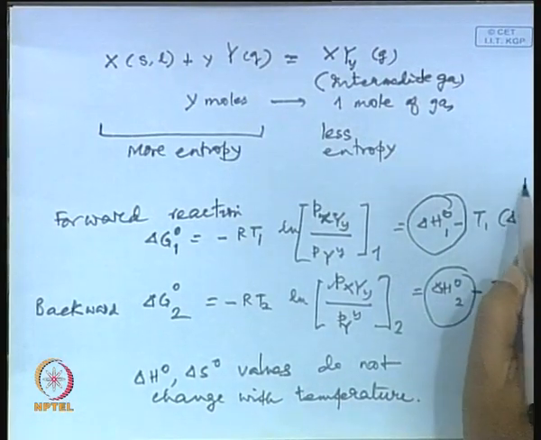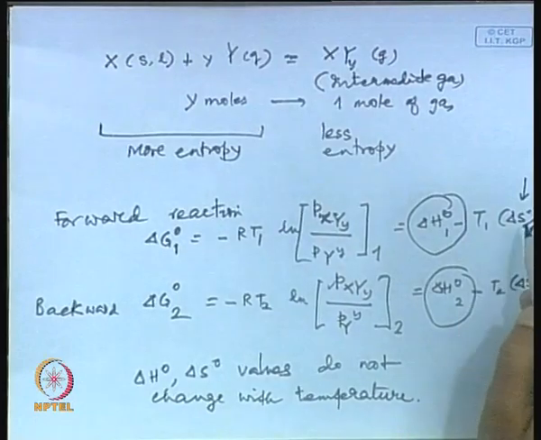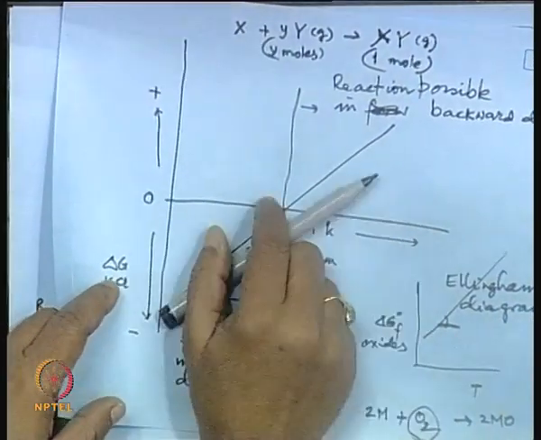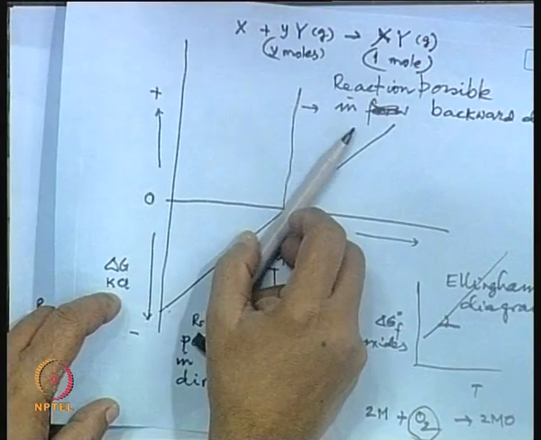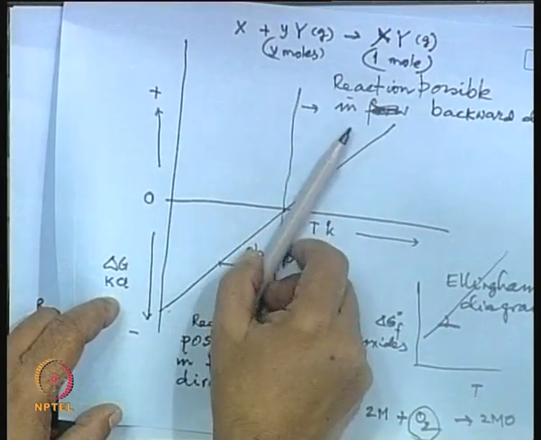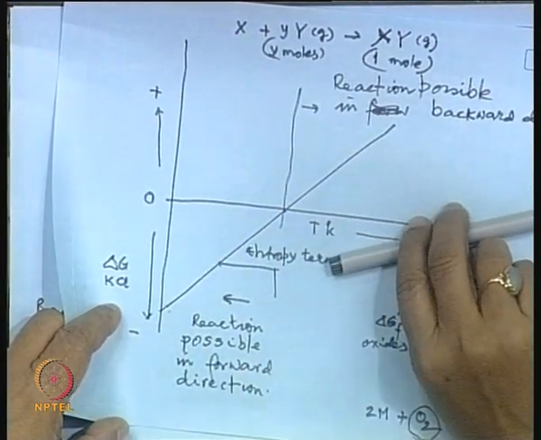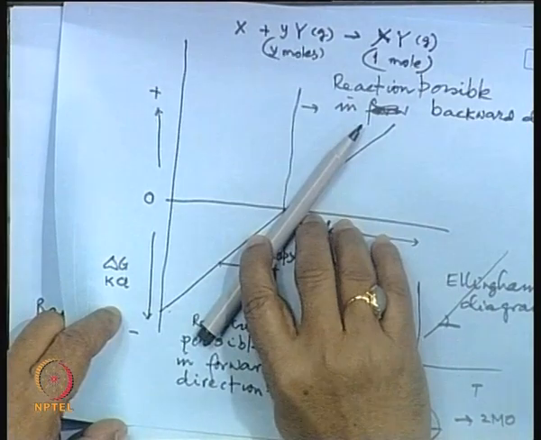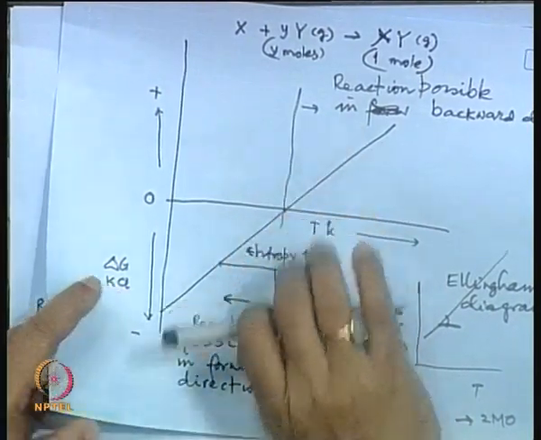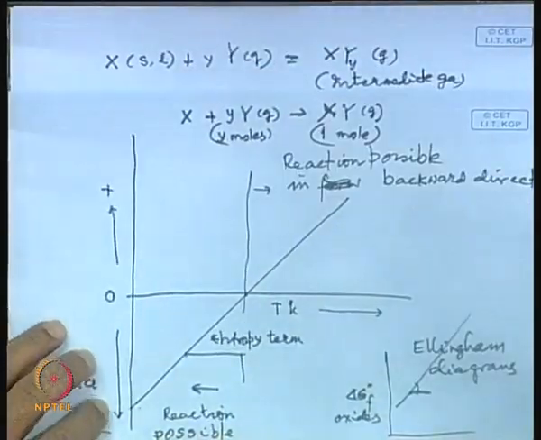Interestingly, this is a critical term, because the larger the slope of this line, the faster we will be able to reverse that. But if it is very shallow, then we might have to go to a very high temperature to reverse. If it is steep, then we should quickly be able to ensure reversal, and that will depend on the entropy change, which will depend on what kind of intermediate gaseous species you are able to generate.